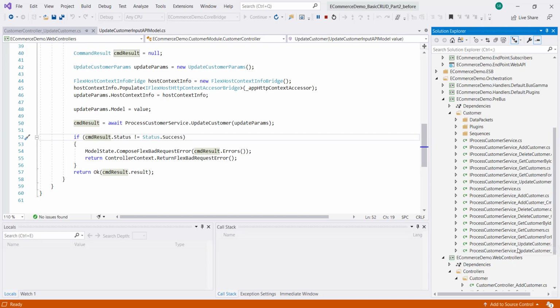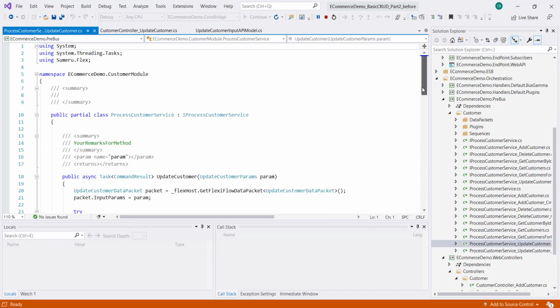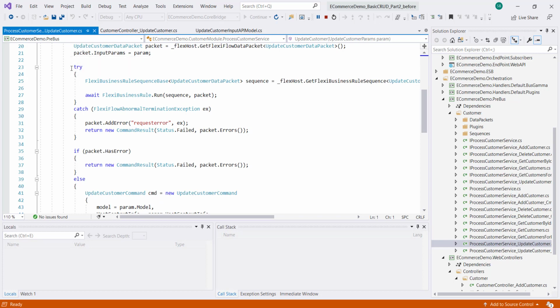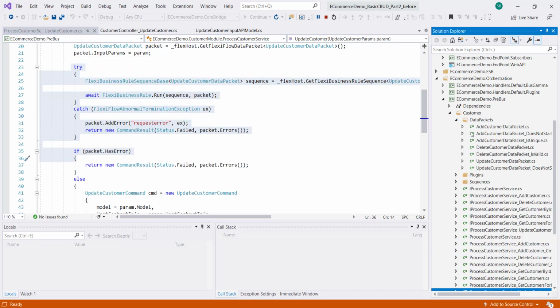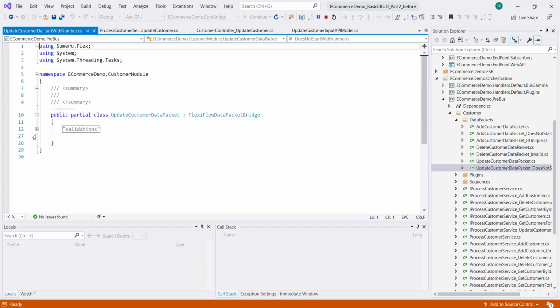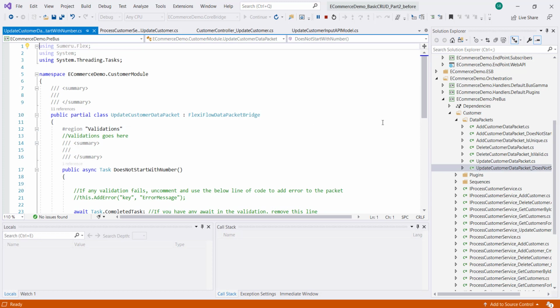So the process service comes here, update customer. Here all the plugins are executed for the validations. If you see here, we have the update customer, one validation here, does not start with number.